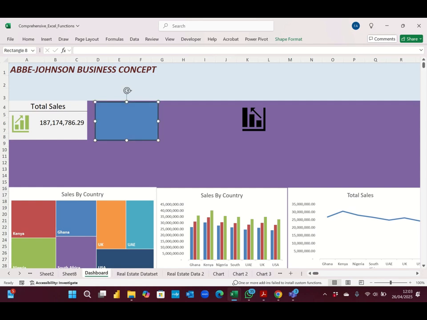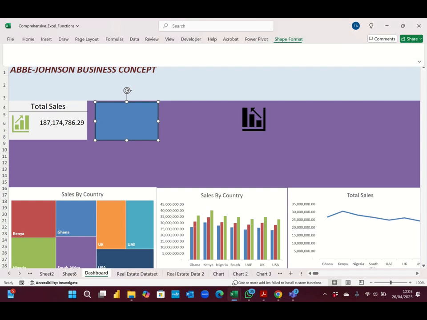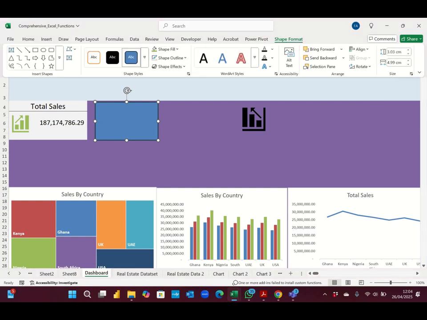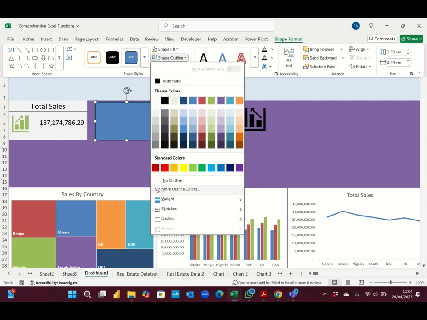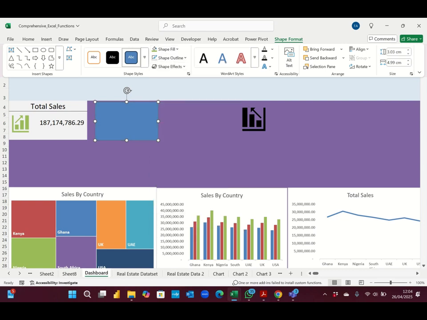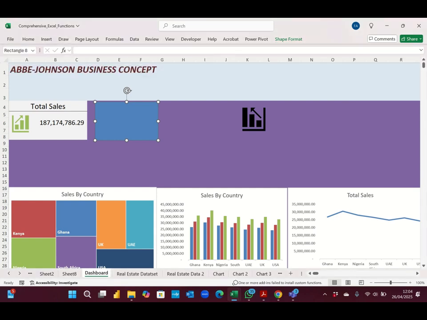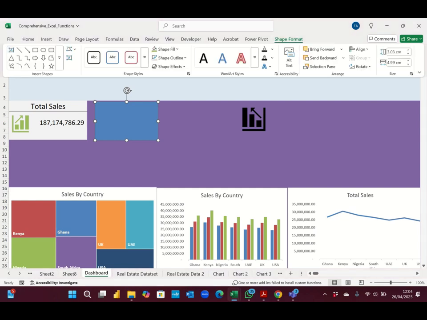I come here and draw. I come to shape formatting, and what did I do? I can decide to remove the outline. Then with this, in your shape formatting, you look for